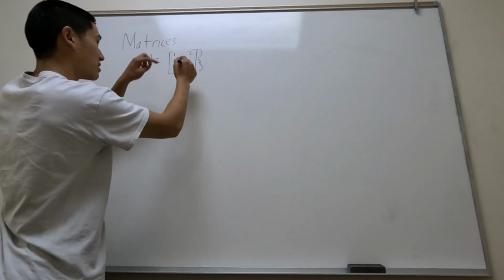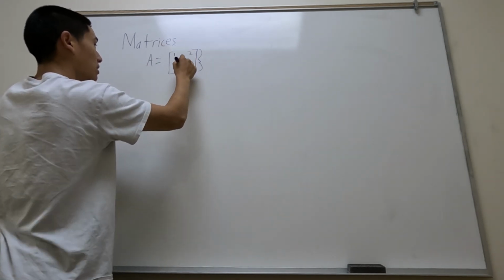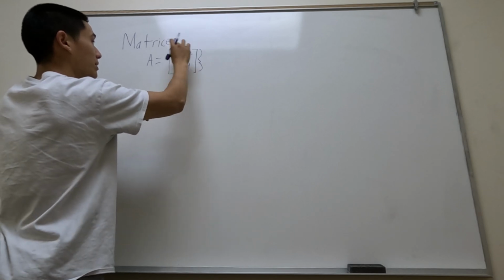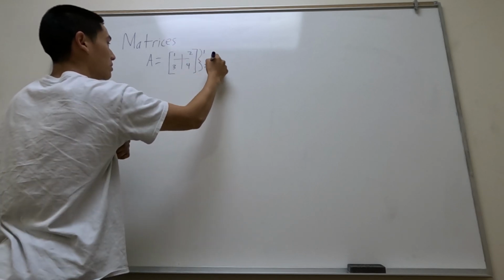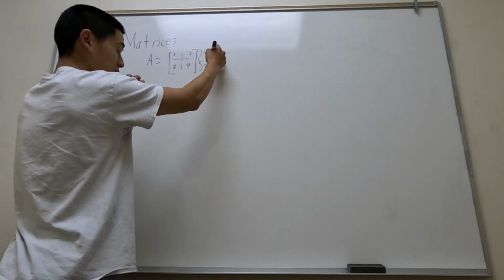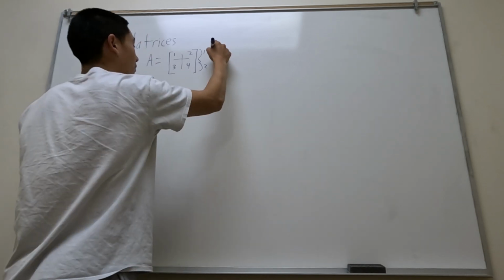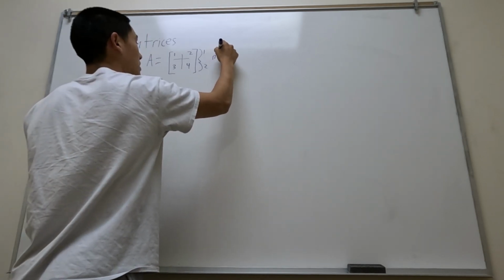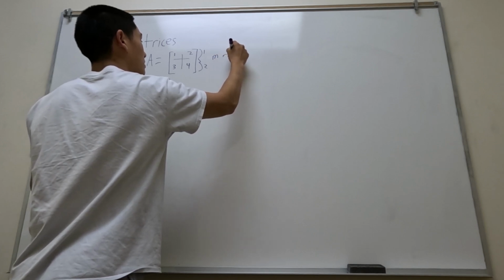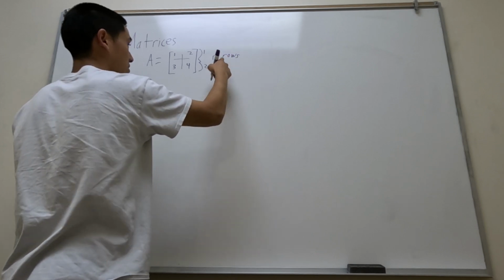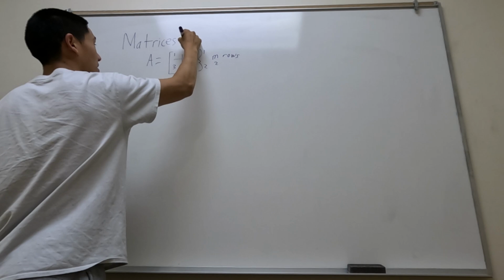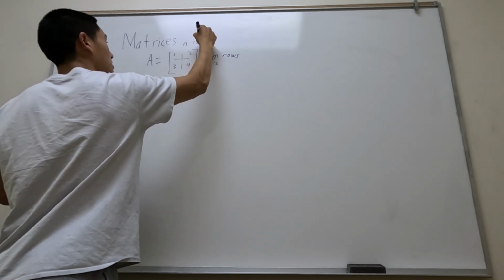The amount of rows right here: there's 1 row up here, 1, 2. So the rows will be m by n, so m rows, or 2. There's 2 rows,